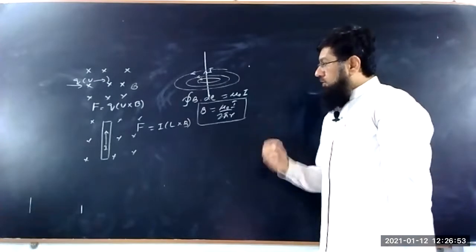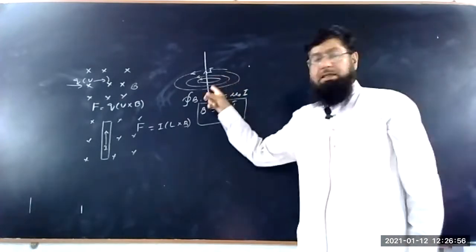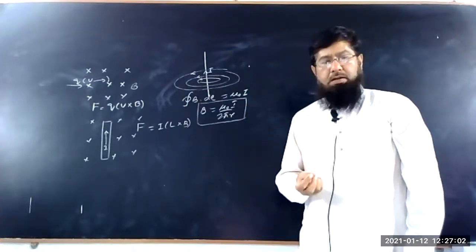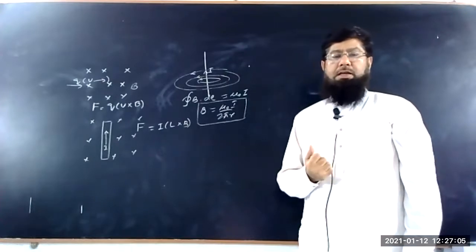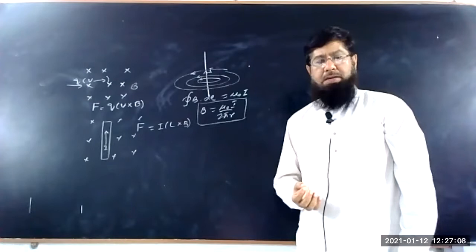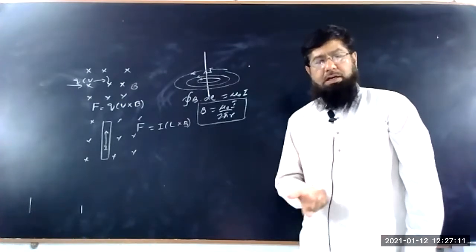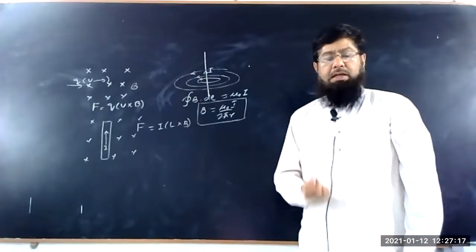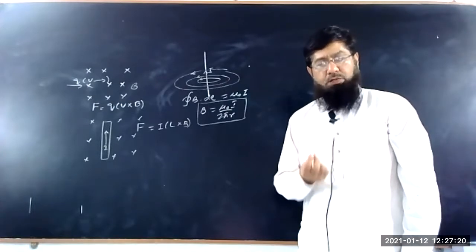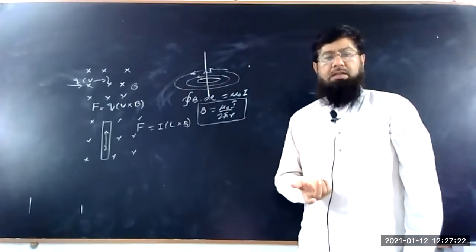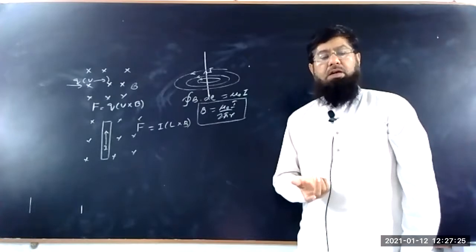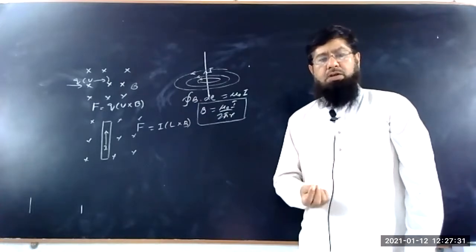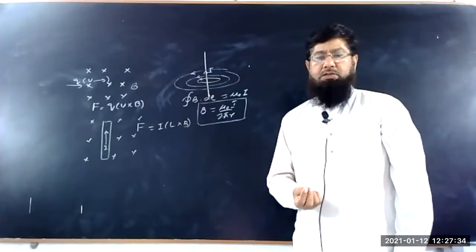Now the very important question is: the current is producing a magnetic field, but is it possible that a magnetic field can produce a current? If the wire is placed in a magnetic field, will it produce a current in the wire? The answer was given by Faraday. If the magnetic flux passing through the wire changes with time, it can generate an EMF or induced current in the wire. The magnitude of the induced current depends upon the rate of change of magnetic flux.